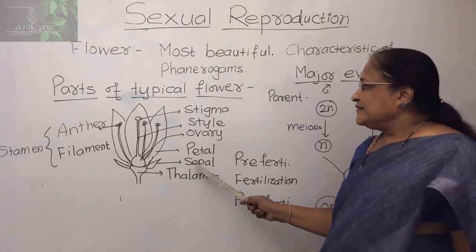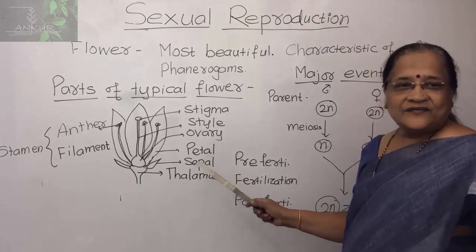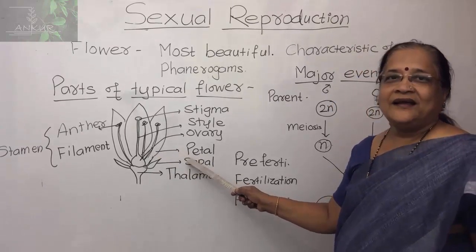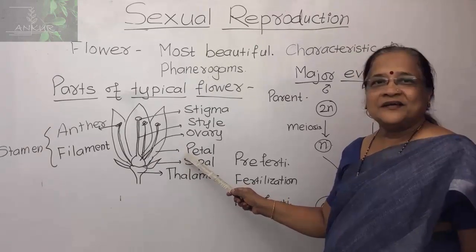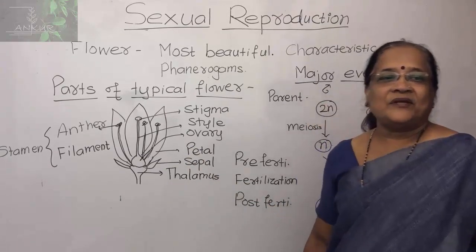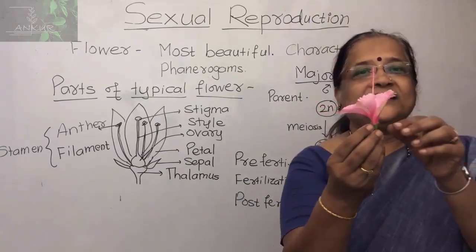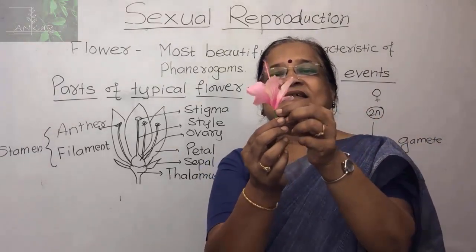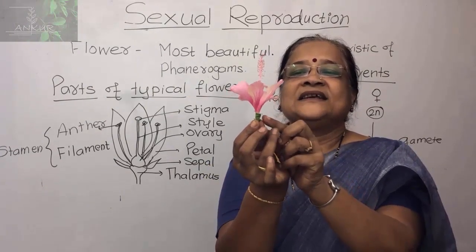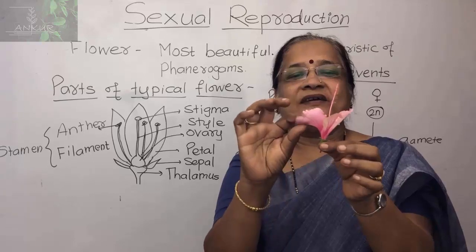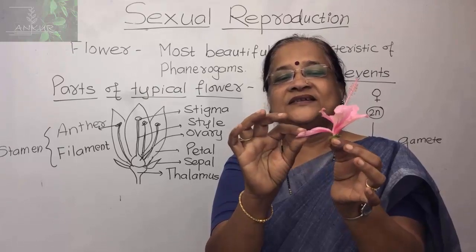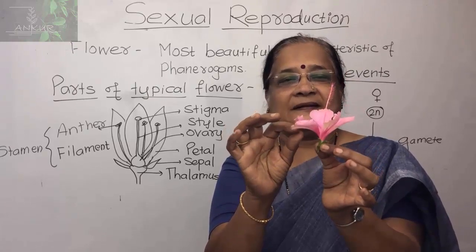The unit of the calyx is called the sepal, which is green colored, and the next one is the colored part we call the corolla, and the smallest unit of corolla we call the petal. These are accessory parts or accessory whorls of the flower. In this flower, this green colored structure we call the calyx, and its smallest unit is the sepal. The second whorl we call the corolla, and its smallest unit we call the petal.